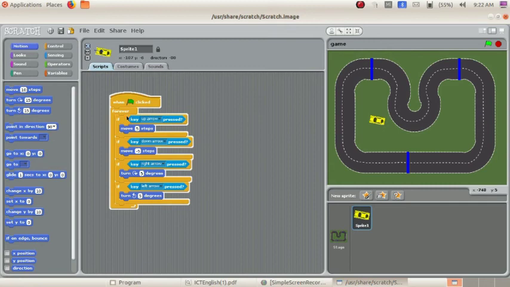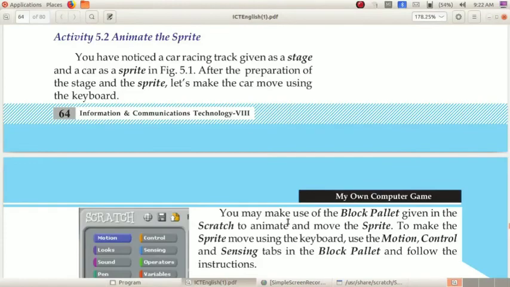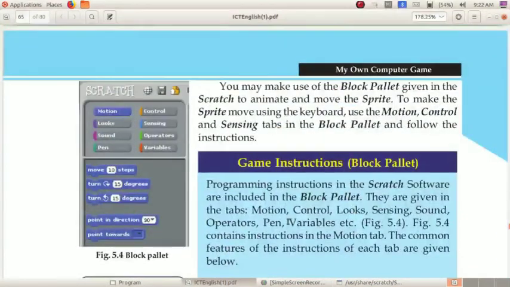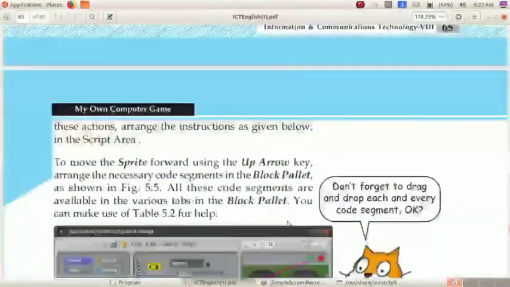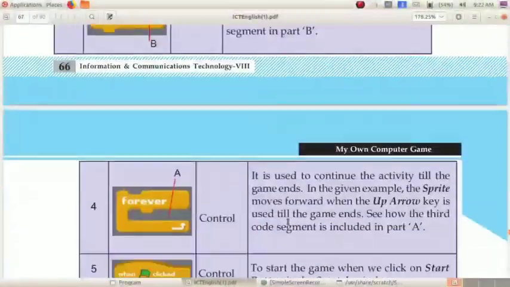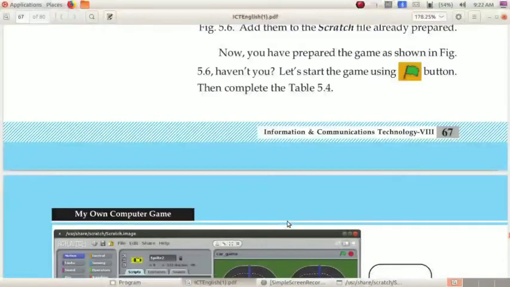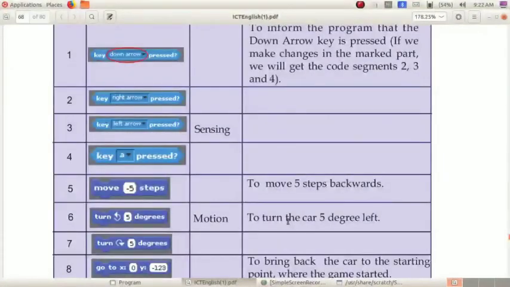So you have to remember the tabs, that is motion, control, looks and sensing. Okay, and you have to fill your table, that is table 5.4 in your textbook. I will show you that table.